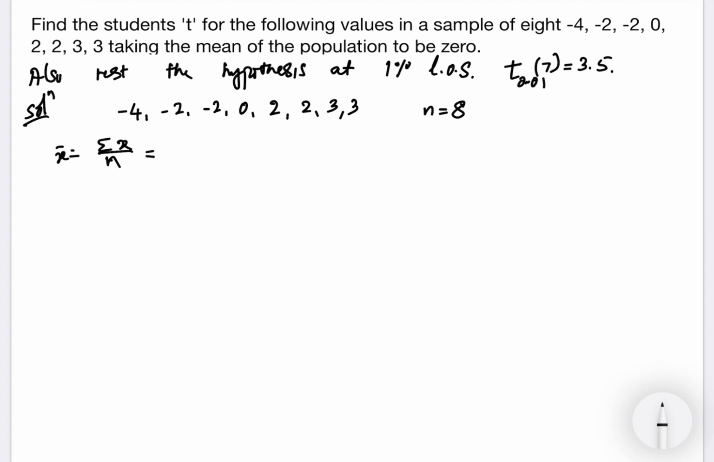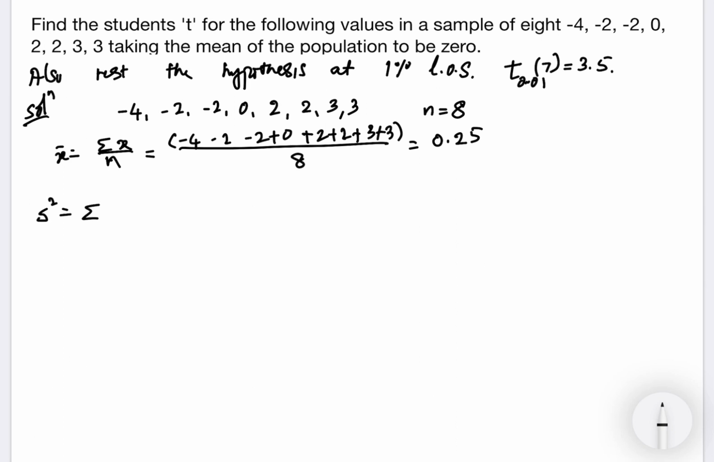So on taking the sum of all these, -2, -2 plus 0 plus 2 plus 2 plus 3 plus 3 over 8, it gives us the value of x bar equal to 0.25. And s square is given by the formula summation of (x minus x bar) the whole square divided by n